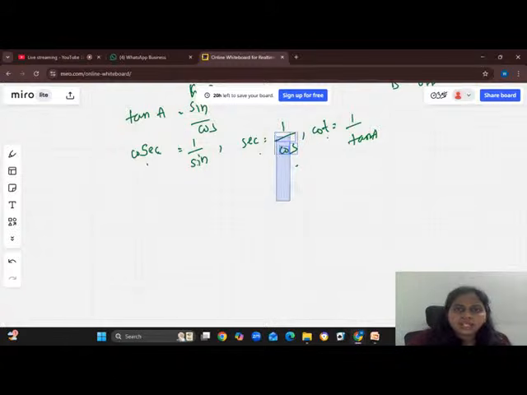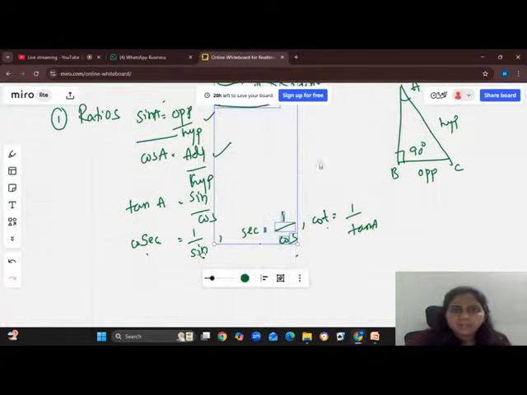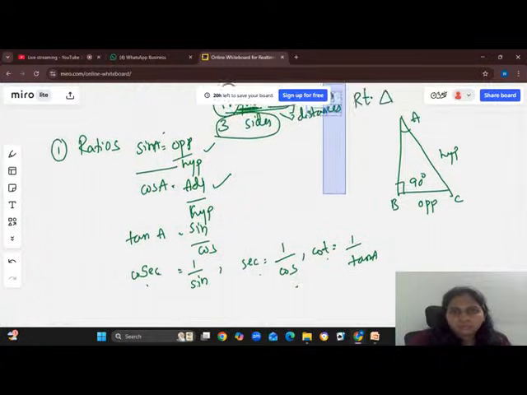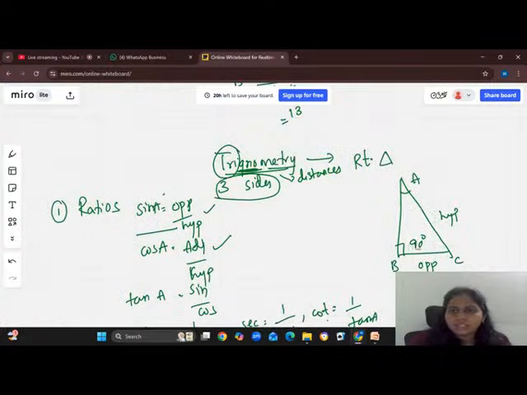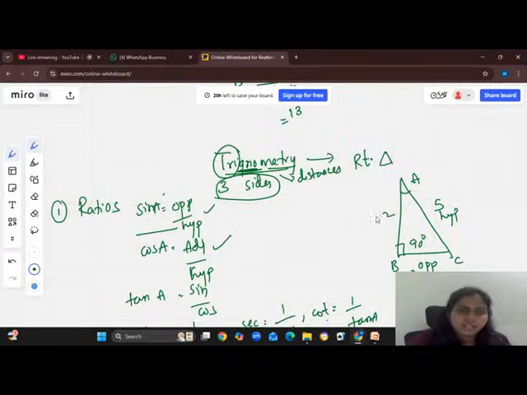So they will be giving it like this. For example, it is 2. They will give you 5, 2, 3, and they will ask you what is tan A. Tan A means what? Opposite by adjacent. They will ask you what is sine. You have to write 3 by 5. Sometimes they don't give you this number. You have to use your Pythagoras theorem and find out the value, and then find the ratio by using the formulas.